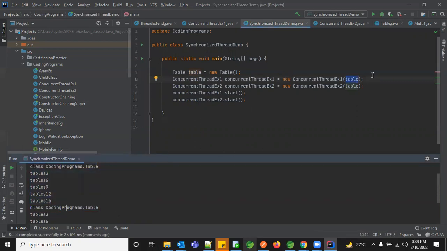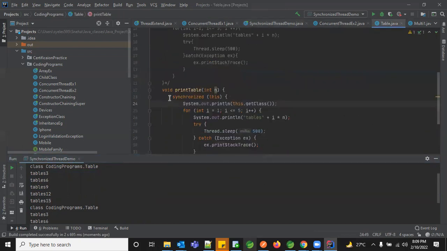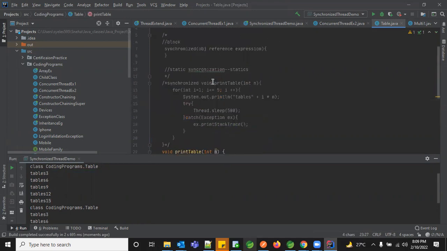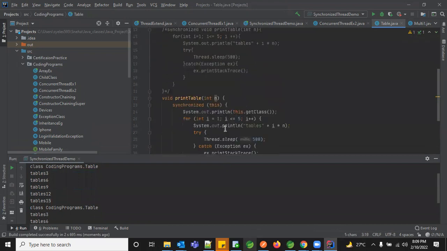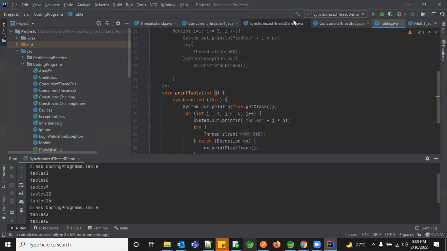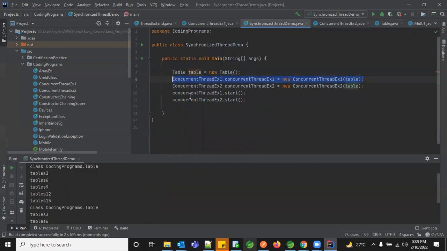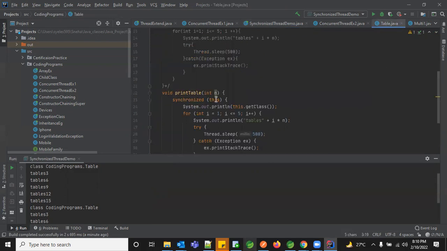So what is the difference between synchronized as a keyword on a method and synchronized as a block? When you have synchronized as a block, whenever that particular object comes into this block for execution, you're locking the shared resource. In our case, the shared resource is nothing but the table object. Whenever you get a table instance, as per the program, you're first passing this, and with that you have created another reference. Now you're starting the first reference. When you kickstart it, you have a reference of table. The same table will come here, and you're using it and executing the entire thing.